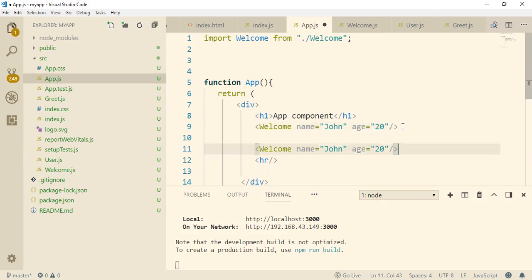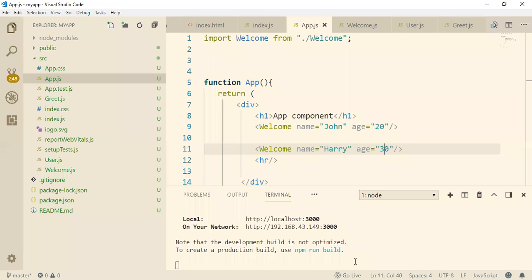Suppose I am populating the Welcome component again, and now we are passing the name value as Harry, and the age, suppose 30. How many times are you populating the Welcome component? Two times.